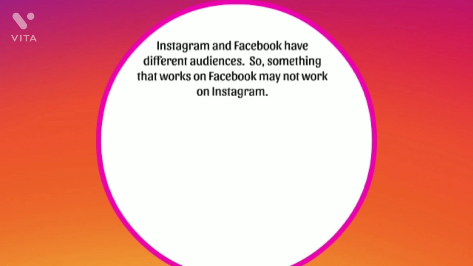Now, Instagram and Facebook have very different audiences. You'll notice that Facebook has bought out Instagram, but they still have totally different audiences. Something that works on Facebook may not work on Instagram. So just keep that in mind. Different platforms, even though something works there, doesn't necessarily mean it's going to work on Instagram.